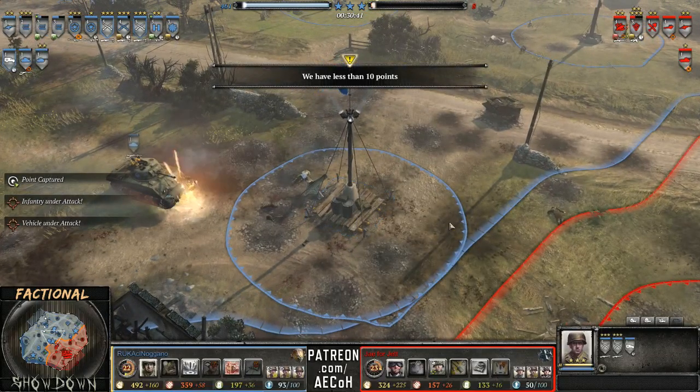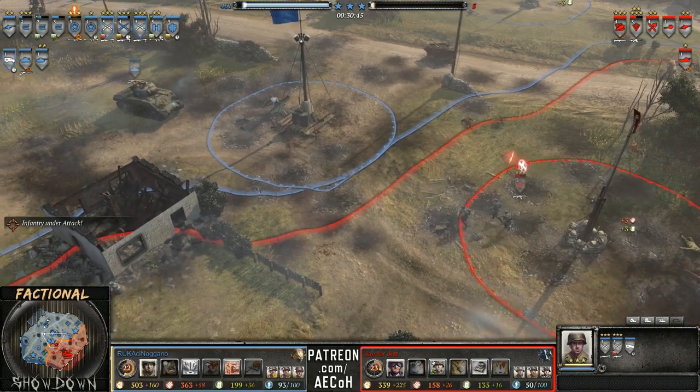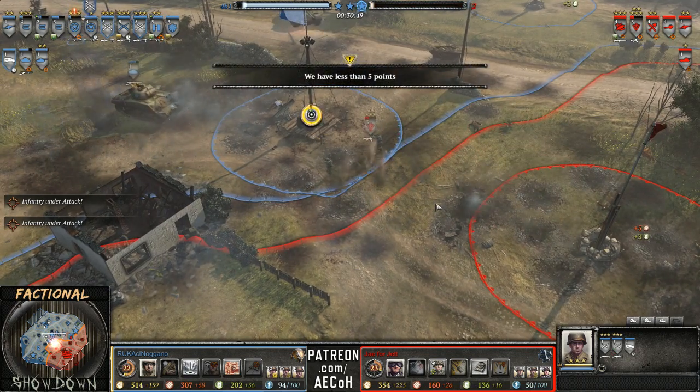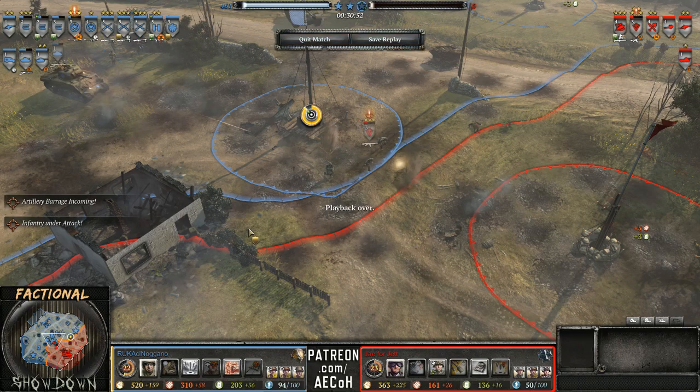10 points remain. 10 points remaining as Jake for Jet looks set to lose against Nagano in this Game 3 decider. Nagano is on the ascendancy. He's managed to survive. And there we go. We've got Nagano winning in